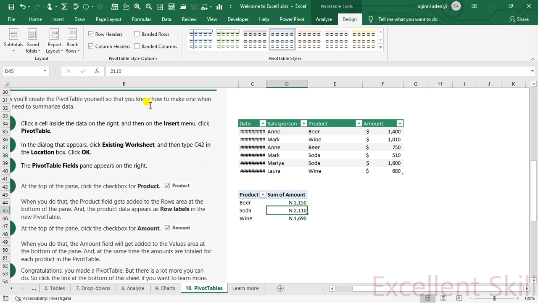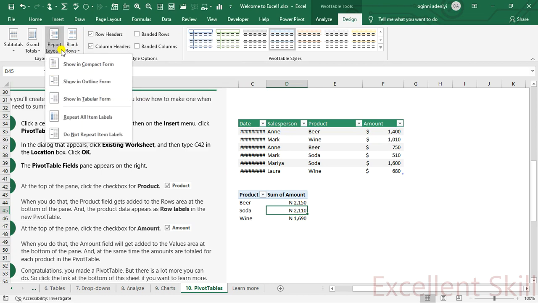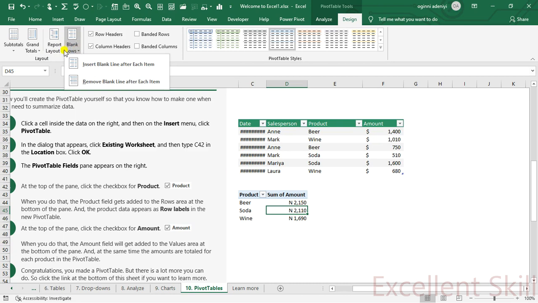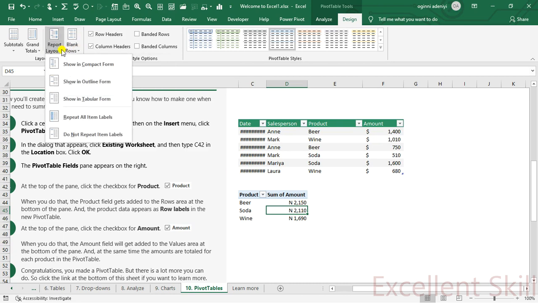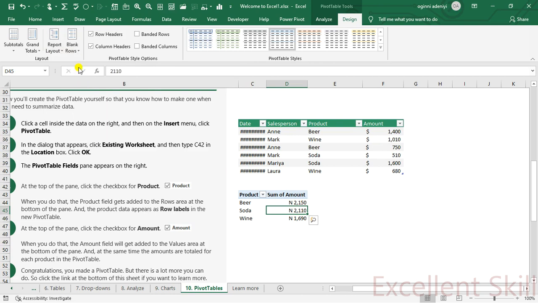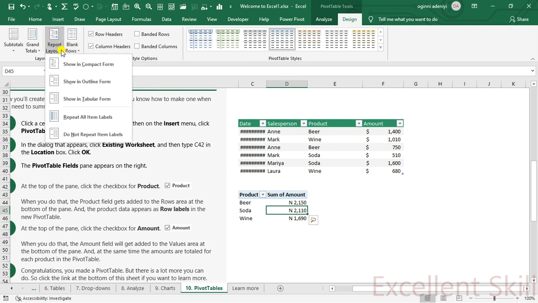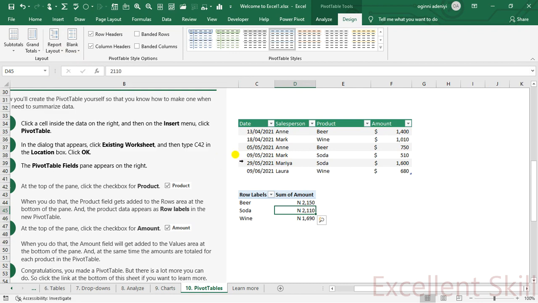You see, you can change the layout. You can change how it is showing. But now we don't have much data set. Because of that, you may not see the beauty, the result of what I'm doing, because we are just having these three values.